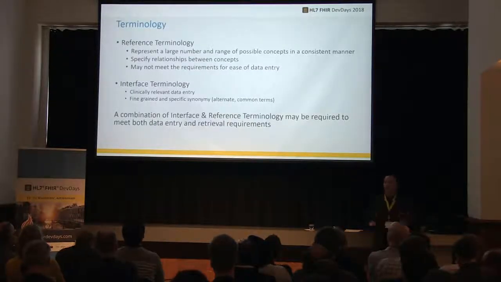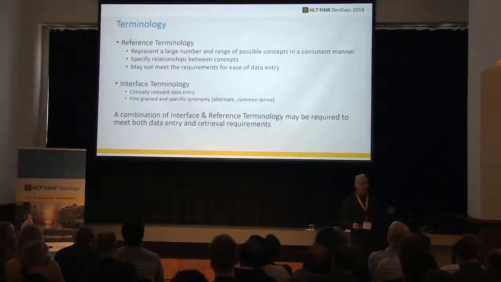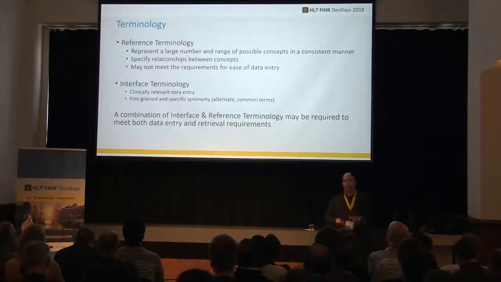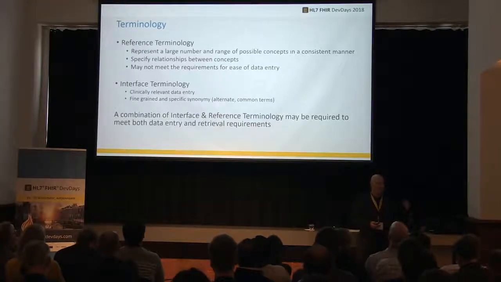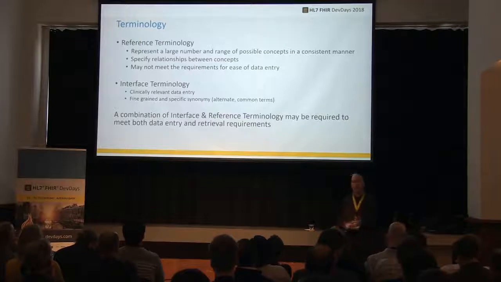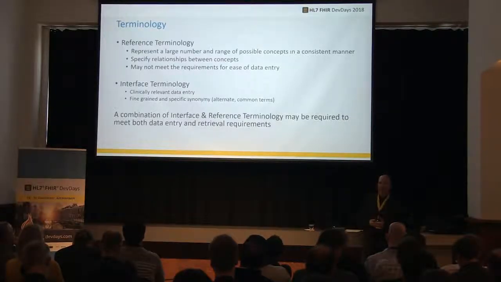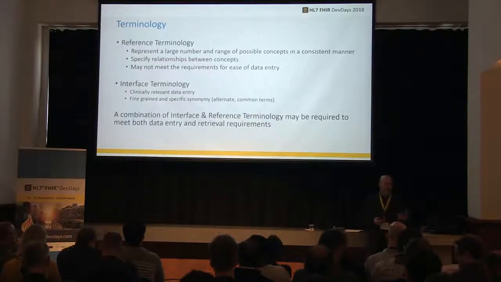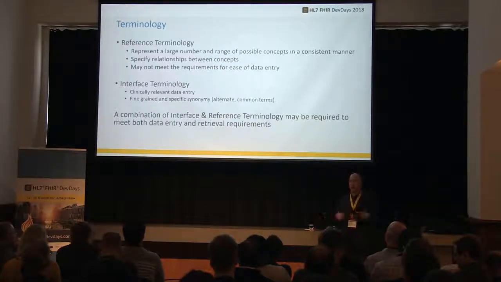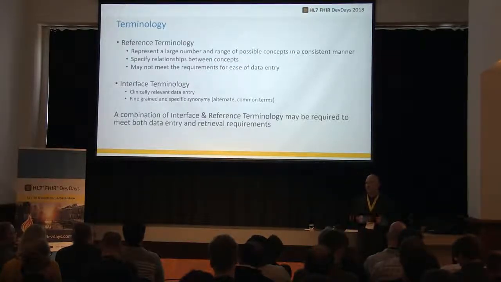We have different kinds of terminologies. So we have reference terminologies. These are the big terminologies that a lot of people are going to be familiar with. We have terminologies like SNOMED CT. We have LOINC for lab codes. We have RxNorm for drug codes or medications. So different types of reference terminologies that are used when we want to exchange information and maintain a level of